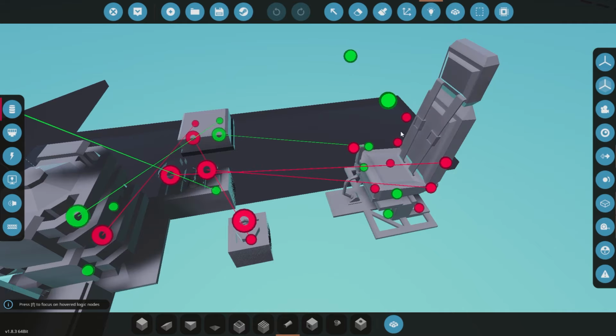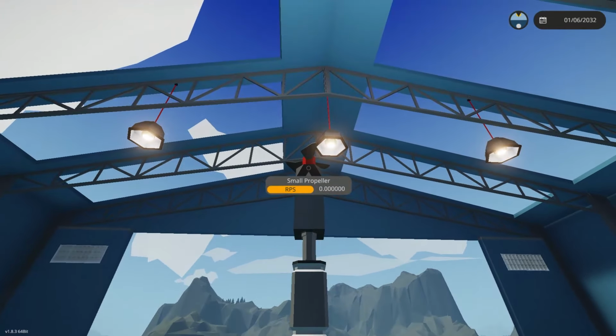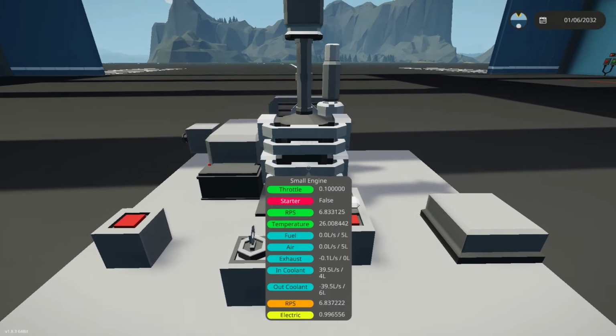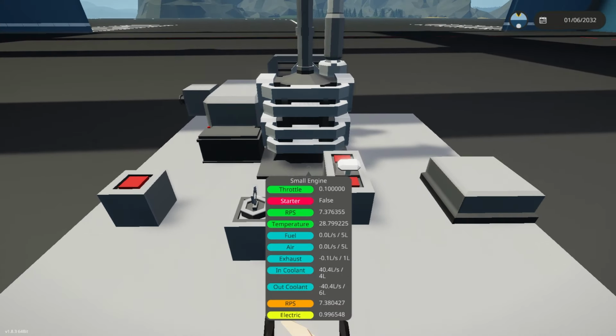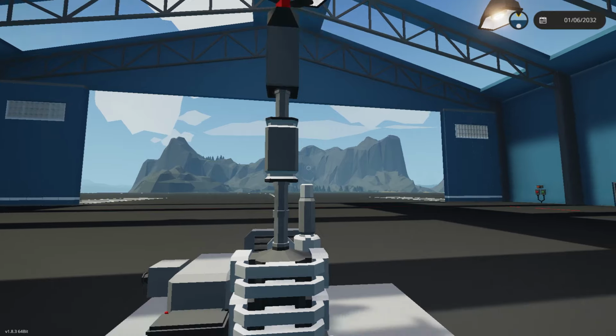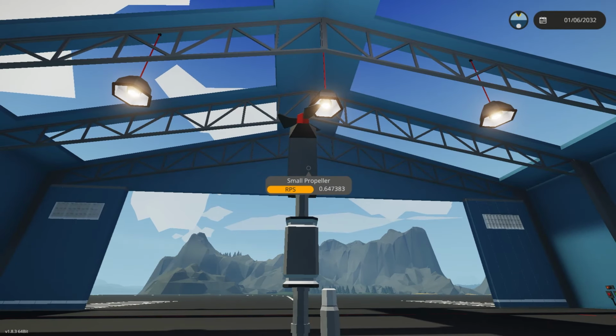And now you'd have your system where you can sit down. Now this propeller is too much for this engine, but if we just put a regular propeller, let's say, like that, and we go to our engine, turn the engine on, obviously there's no power going through into the propeller, but the engine RPM is climbing, and what you do is now you'd press a combination of W and 1. So you'd give it throttle while giving that,